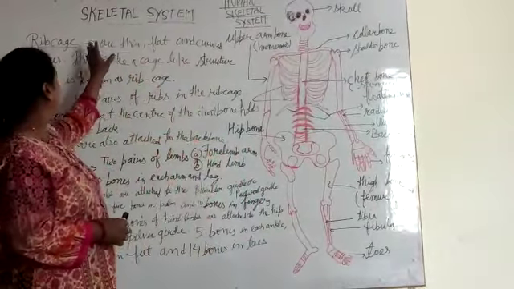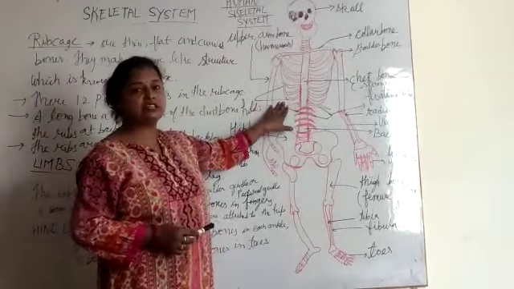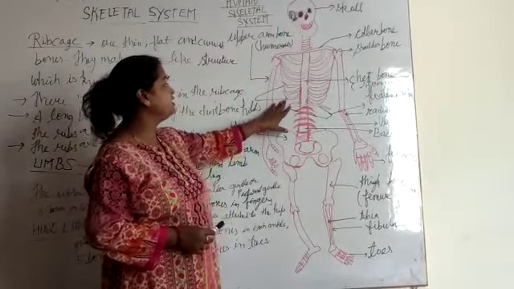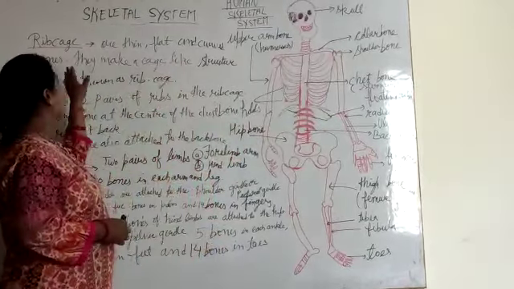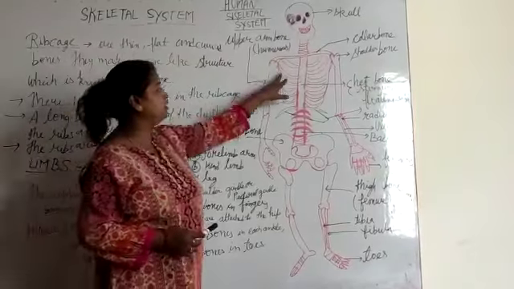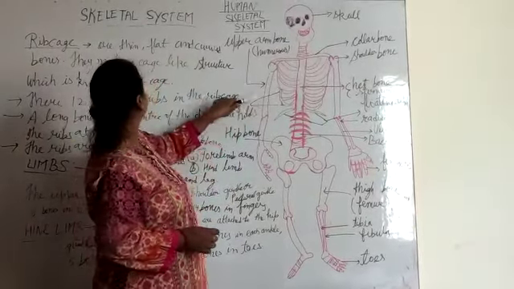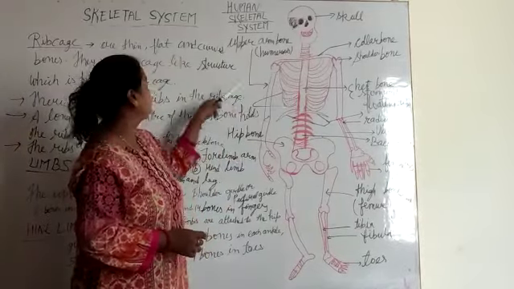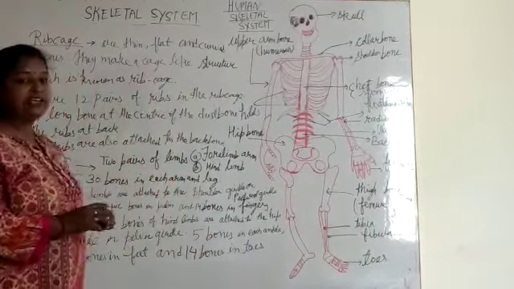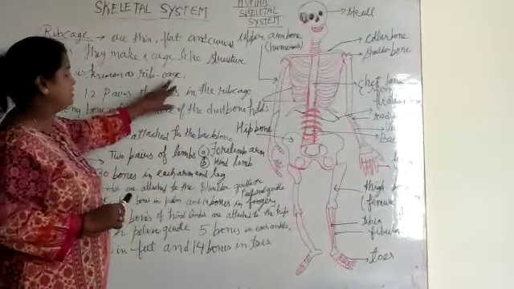Now look at this. Today I will explain the rib cage. I have already explained it in the previous class. The rib cage looks just like a case. The ribs are thin, flattened, curved bones. You are looking at this diagram. These look like thin, curved and flat bones, just like a case, like a pinjara. Clear? This is known as the rib cage.